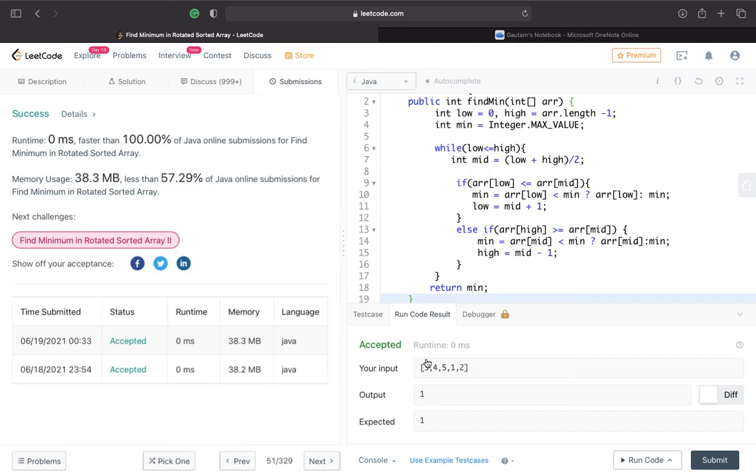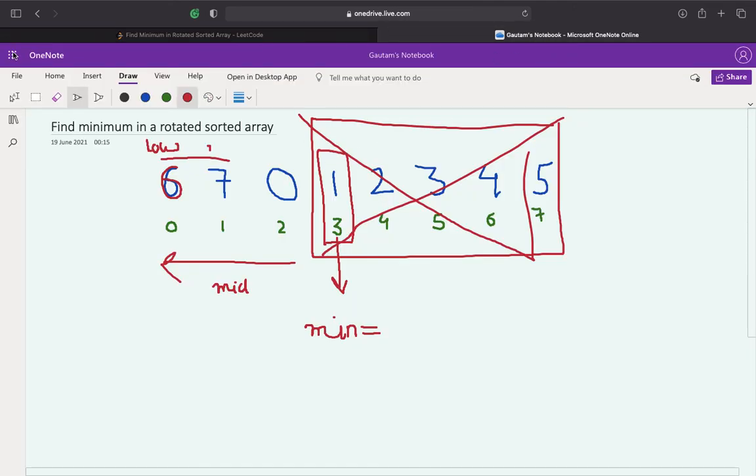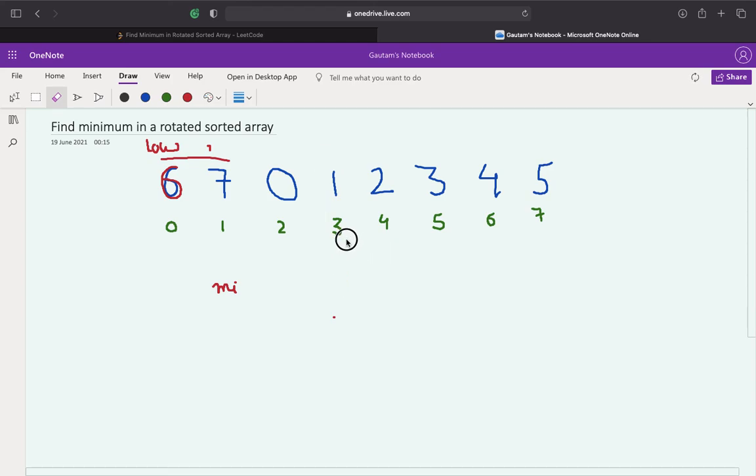There's one more concept behind this question, which is based on the inflection point. What is an inflection point? An inflection point is a point in a strictly increasing array in which the next element is smaller than the current element.